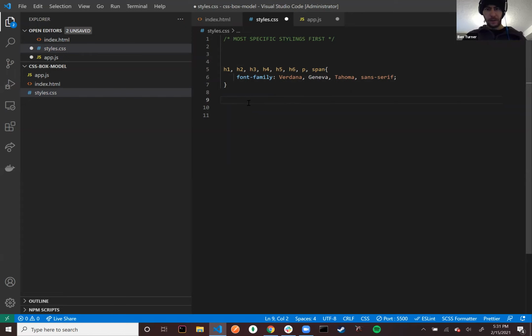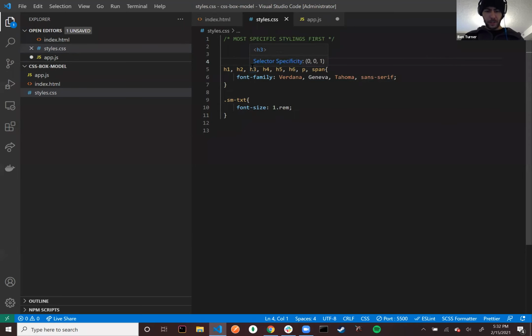If you are a small text, then I'm going to say font size, I don't know, 12 RAM, or not 12 RAM, like 1 RAM. And then you can make several other ones for just size of your text. So if you want to get more specific, you can start with your